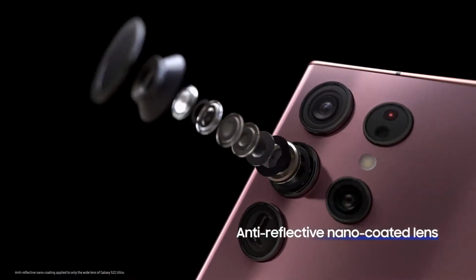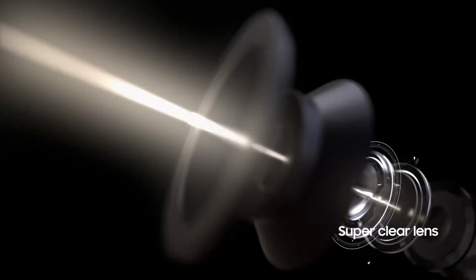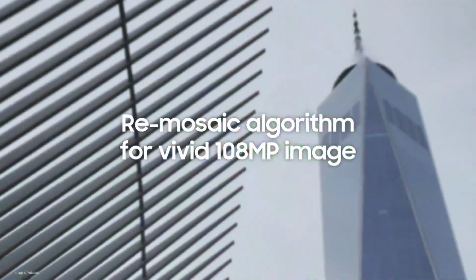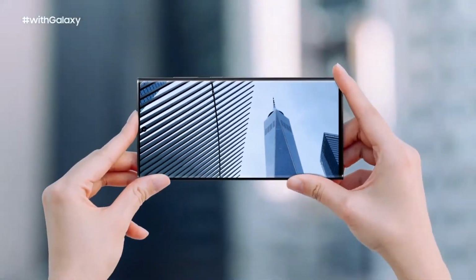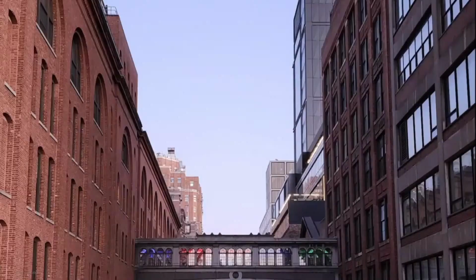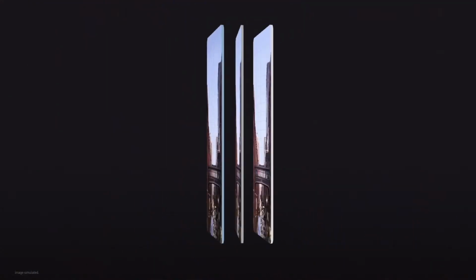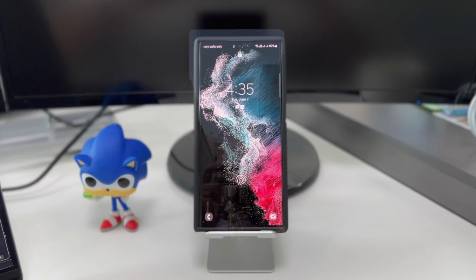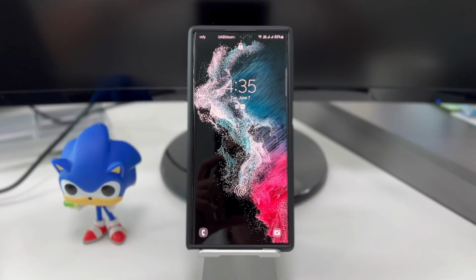and adaptive pixel. Samsung says that the S22 Ultra's camera produces a vivid 108 megapixel image using a remosaic algorithm to remap pixels into a conventional RGB pattern. It uses adaptive pixel technology to merge multiple frames into one. It combines a detailed 108 megapixel image with a non-binning 12 megapixel image with more light, and this provides crisper